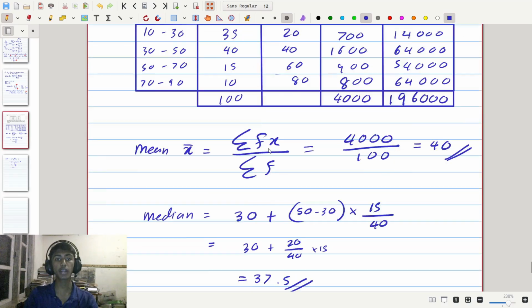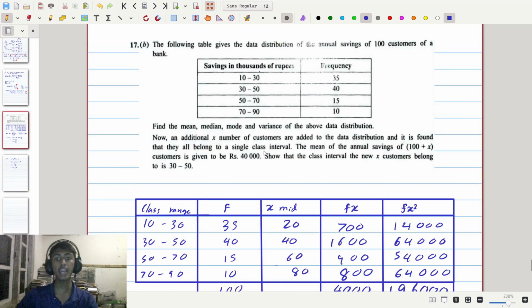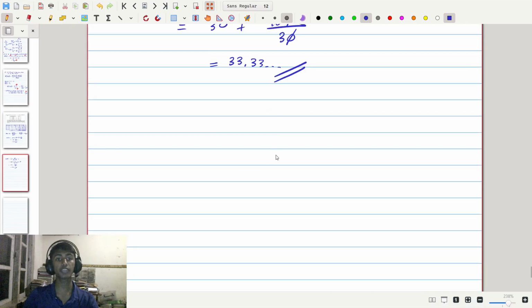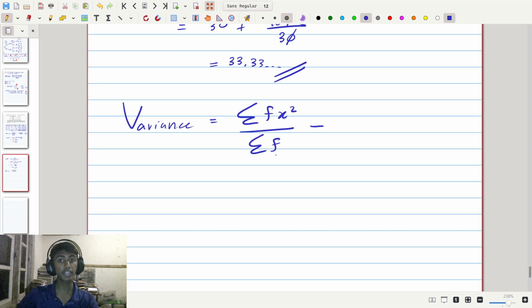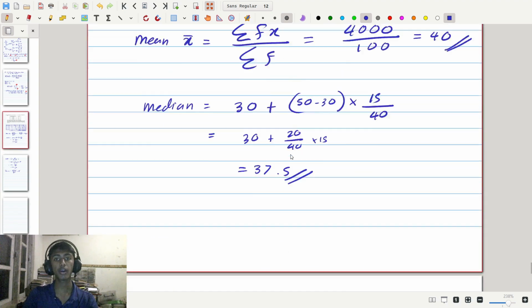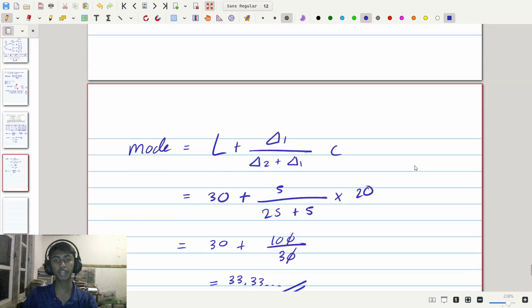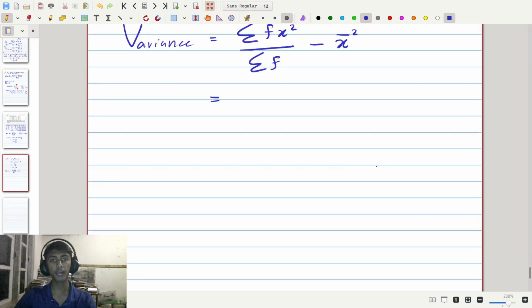Now for the last part, we are given to find the variance of the data, and for the variance of the data in grouped data, what we have is that the variance, or sigma squared, which I'm going to write for now as variance, is equal to sigma fx squared divided by sigma f minus the mean squared, which is going to be x bar squared. Now substituting in values here, sigma fx squared from above was 196,000 and sigma f is 100. So we have 196,000